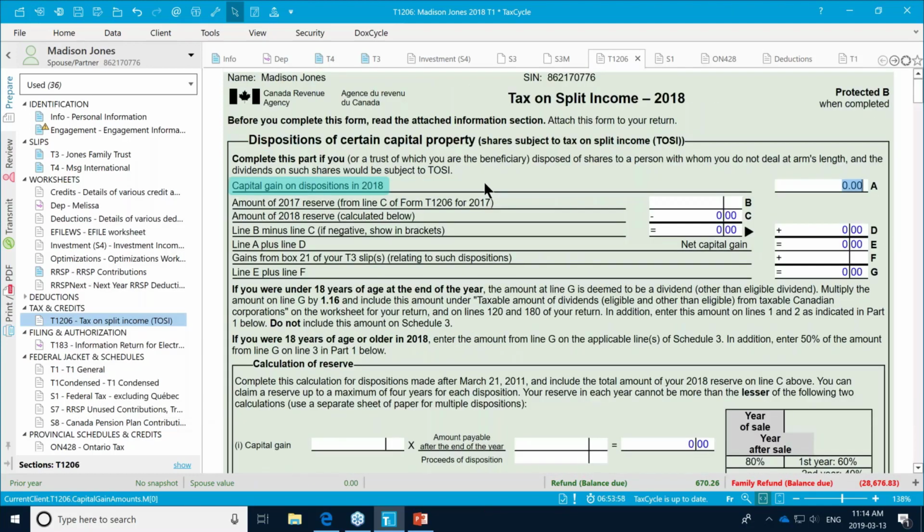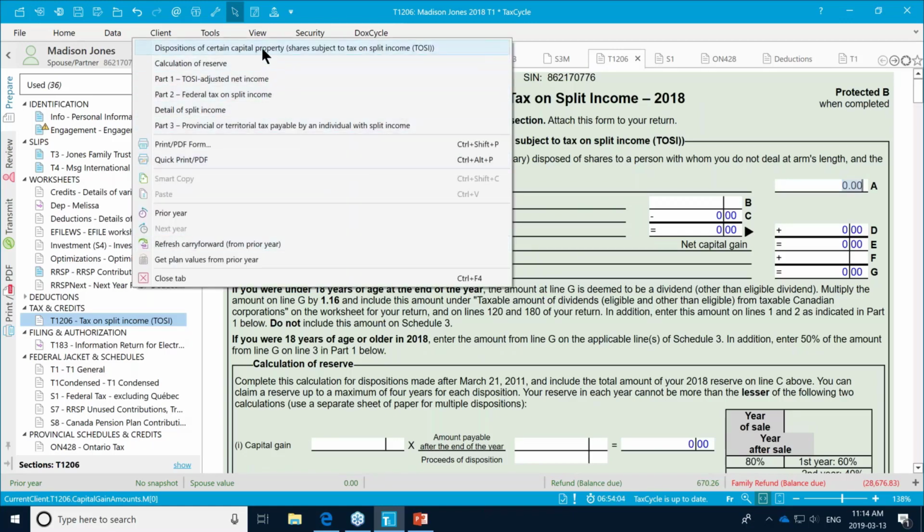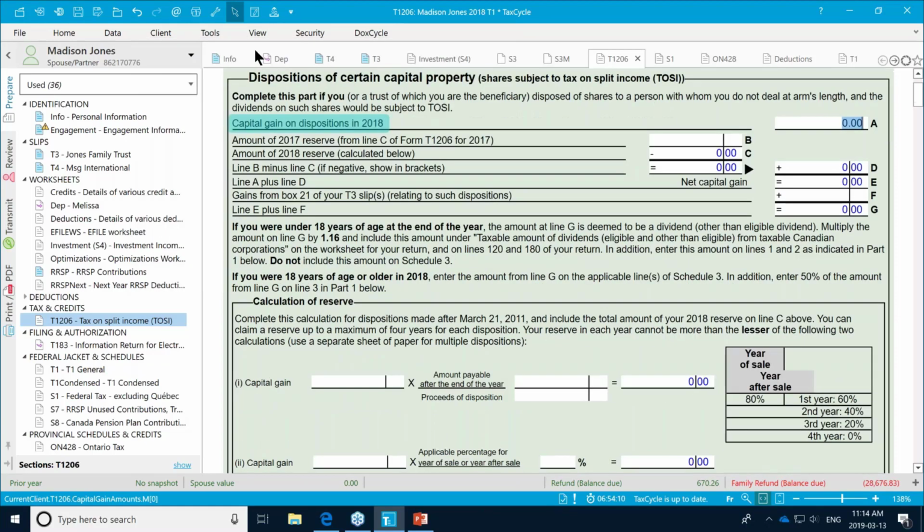And how I got there was I right-clicked and I went to dispositions of capital property because I know that that is at the top of the form. And here we are. This is where we're going to enter our capital gains. We're going to enter the full gain, not the taxable gain. So that's what's going to go in here.